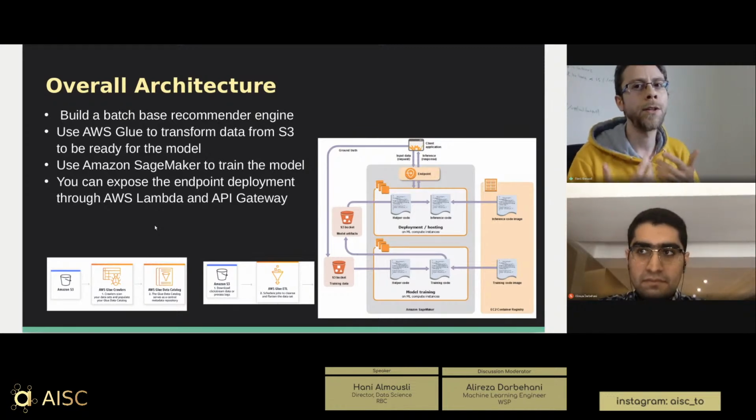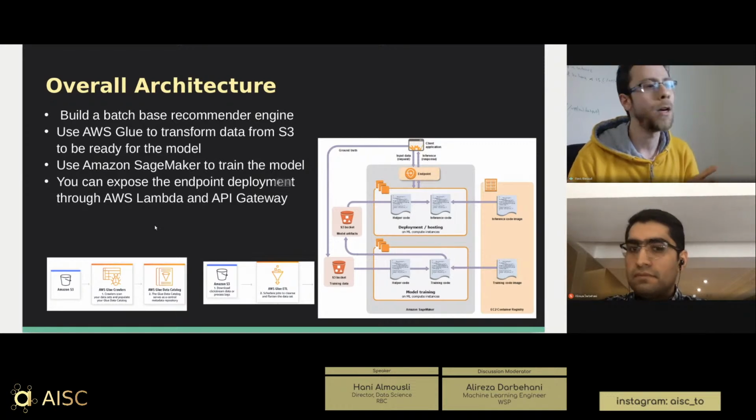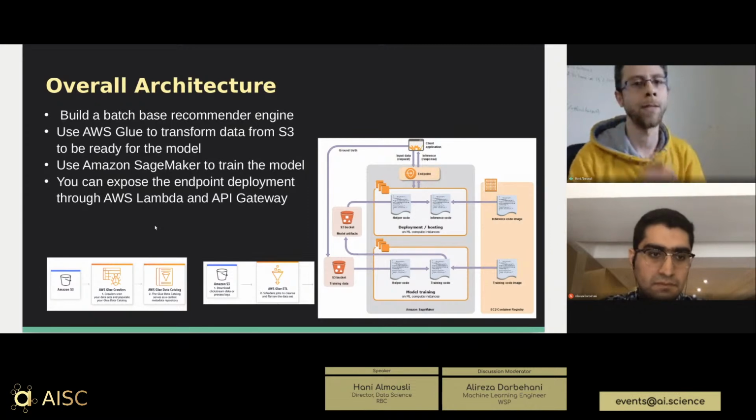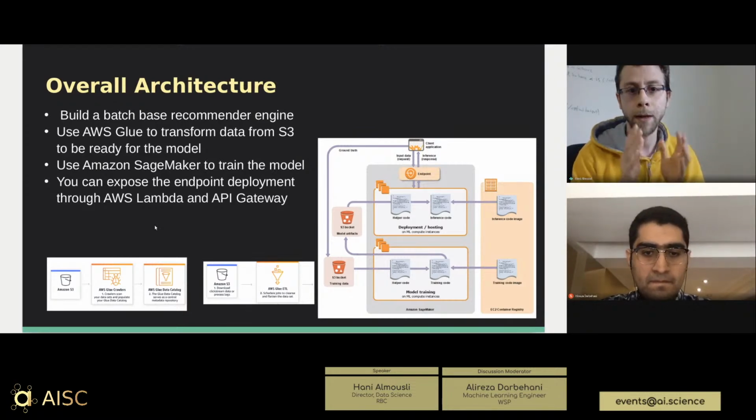And that's a very general use case, and it's very business oriented, where we have a lot of businesses like that, even at RBC, where they want to score their clients, for example, or provide product recommendations, or apply any analytics on a weekly basis given certain metrics. So that's more from a batch perspective. That's what I want to focus on.